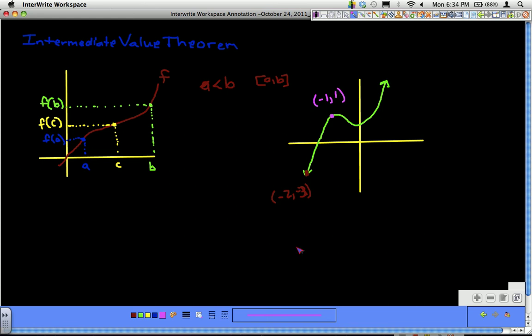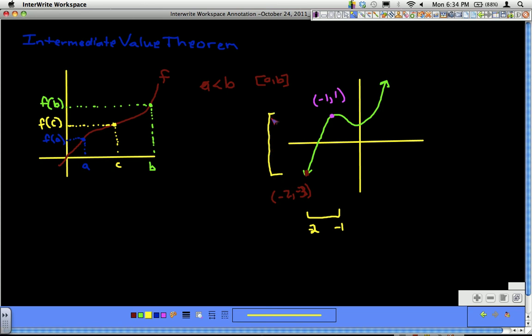So basically, here we said between a and b there was some value c. Well, here we've got our x values of -2 and -1. So between that interval from -2 up to -1, that also means that I'm going to have a value between